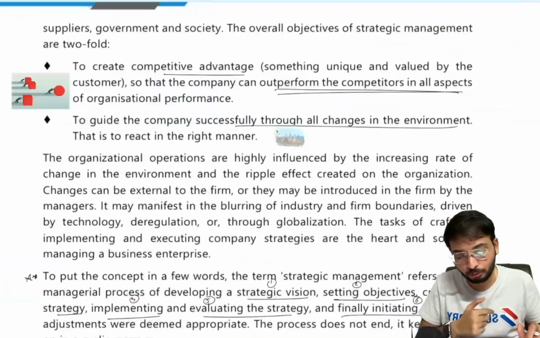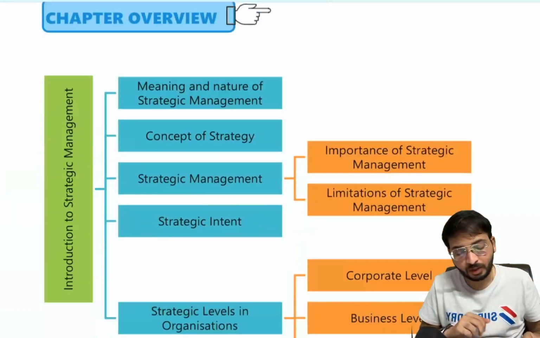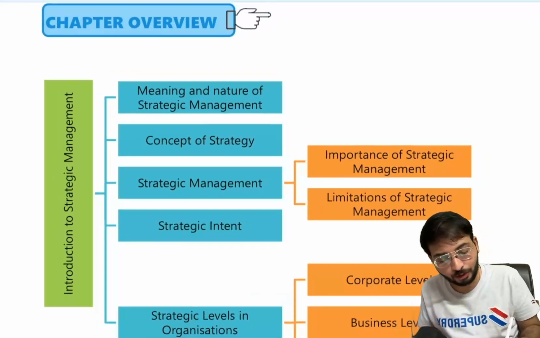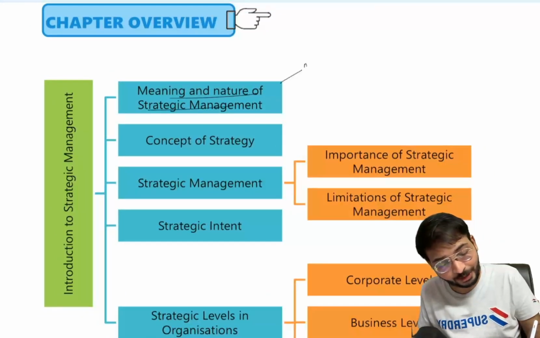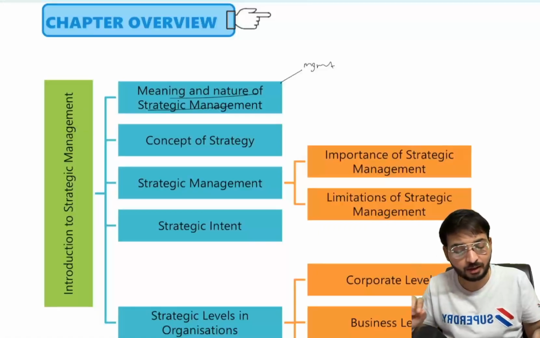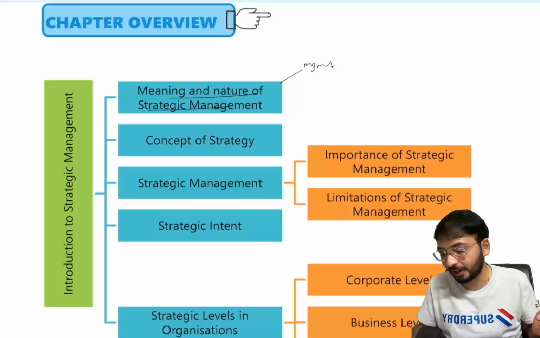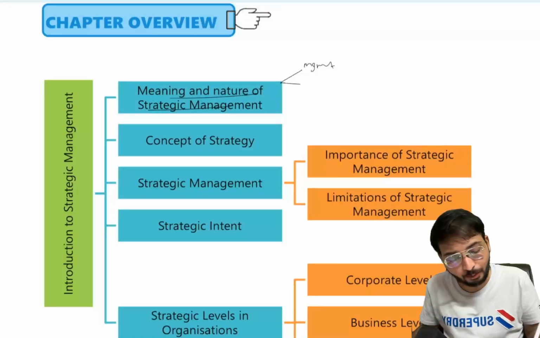So this is all about the chapter, which is chapter number 1. Quickly I'll go through what is in chapter number 1. See the summary. Firstly, we started with the meaning and nature of strategic management. In this first thing, management, two faces flash into your mind: Ratan Tata, Rajamouli. Ratan Tata is a key group in an organization. Rajamouli: planning, organizing, directing, staffing, and control. After that, we studied what is meant by strategy.